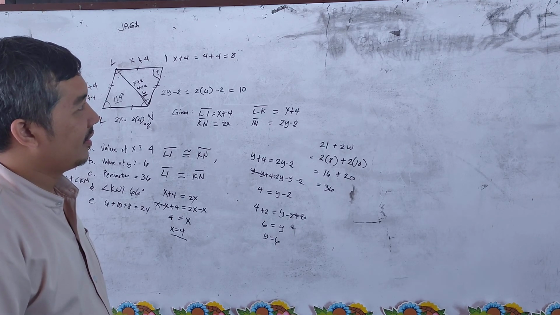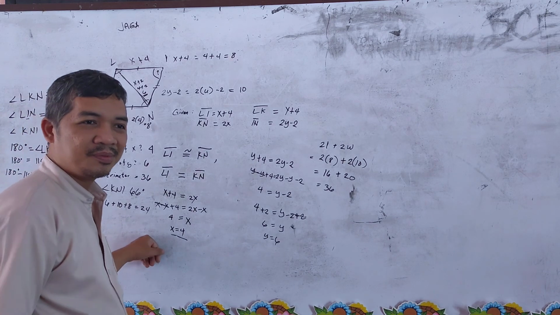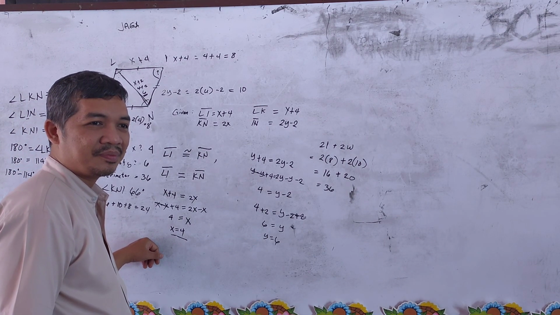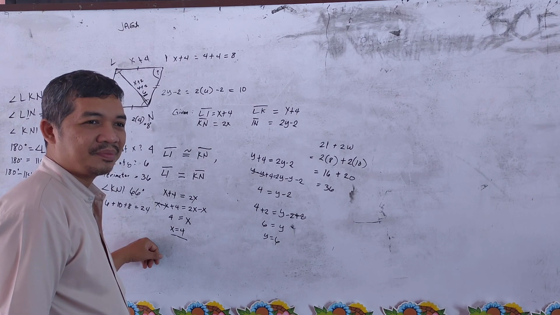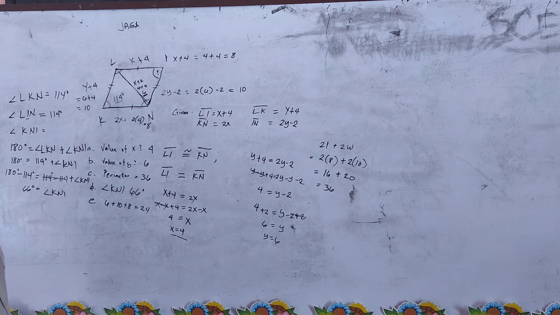Process. Ganito ba ginawa mo dyan? Ano ginawa mo? Ganyan. Sabi ko, okay, ano naman na yung x plus 2 just